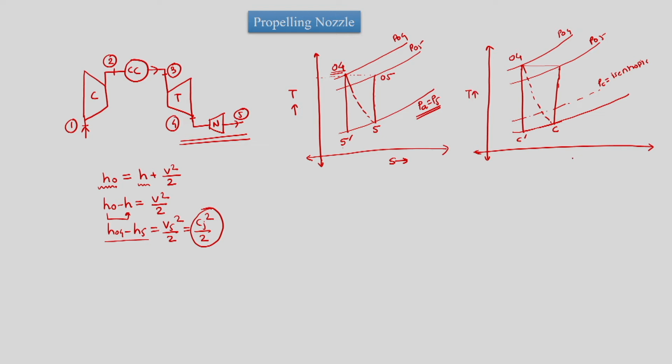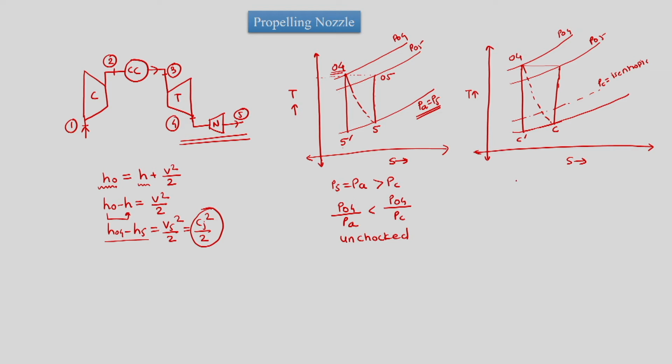So this is T and this is S. This figure has relevance when P5 is equal to PA, which is greater than PC. If isentropic expansion had continued and the nozzle exit had attained the PC pressure, then it would have choked, but atmospheric pressure is more than the choking pressure. So P04 upon PA is less than P04 upon PC. So this nozzle is unchoked.